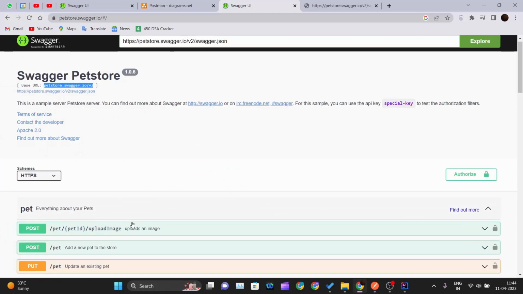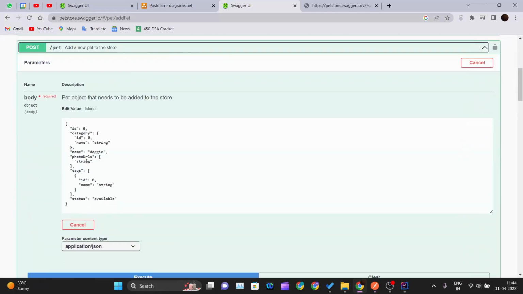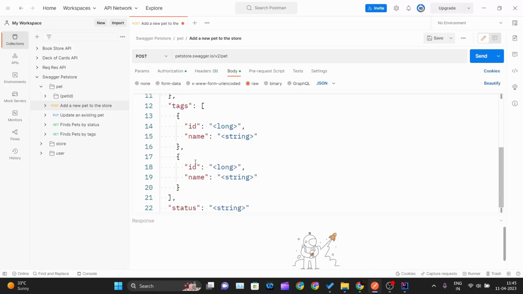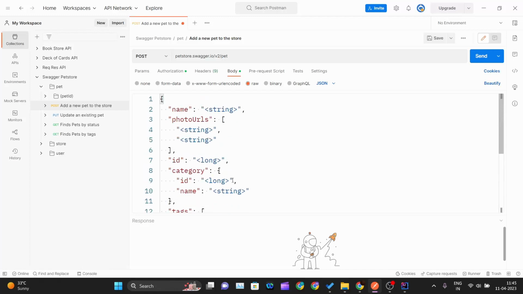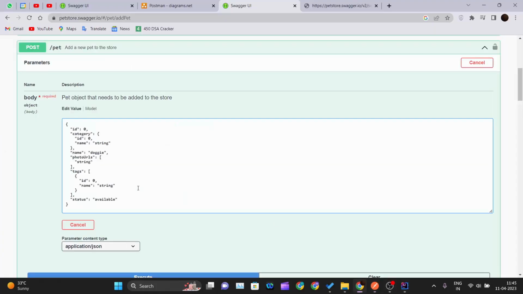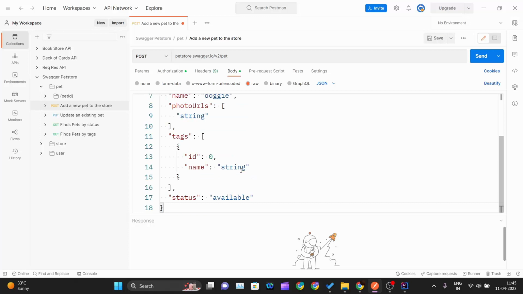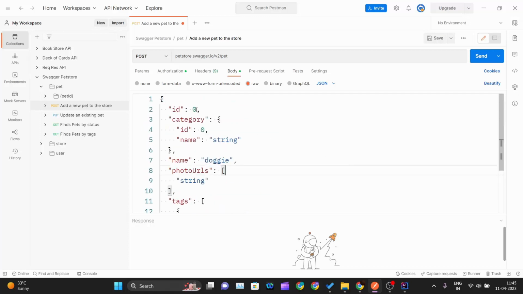And if you go here, they have given you a dummy sample, telling you to pass the JSON object in this manner. It is the same manner we have seen over here. So just go ahead and change these parameters. Instead of changing all these parameters, what I will do is copy this entire thing, press Control A and Control V over here. And as soon as I hit send,